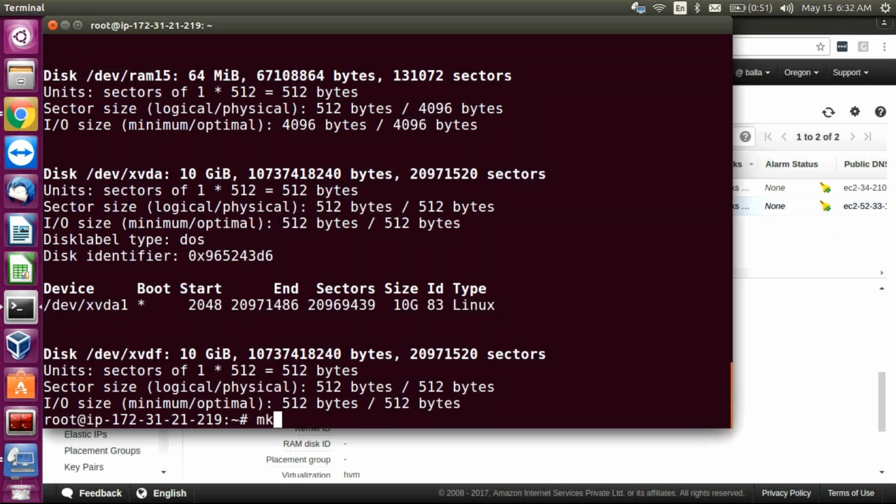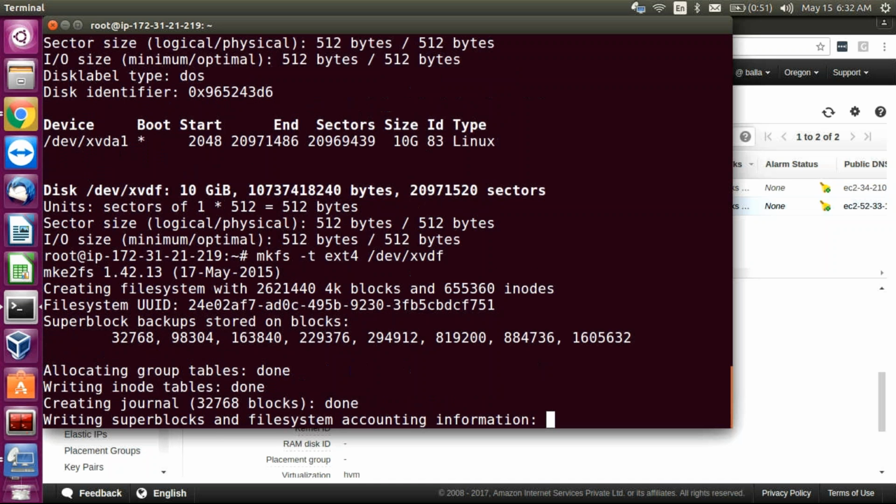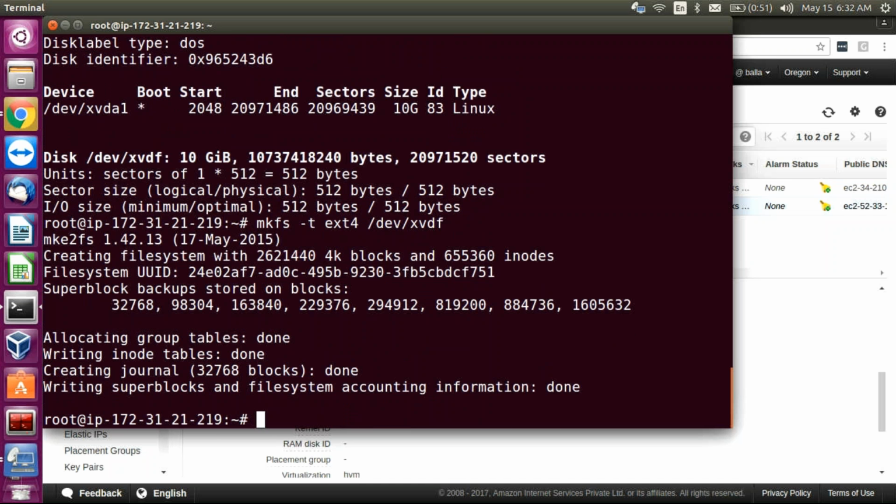Okay. mkfs -t ext4 and your disk. So that means it will format this volume to the ext4 file system. Okay, now it got formatted. Now what you have to do is